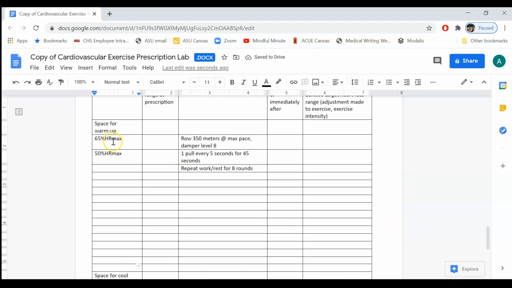So what would it look like? Okay, so let's say I am my client and I'm only cleared for moderate intensity interval training. So this 65%, if I've not done exercise before, is like the upper end of the moderate intensity range. And then a 50% is light intensity, but it's still working. So here,